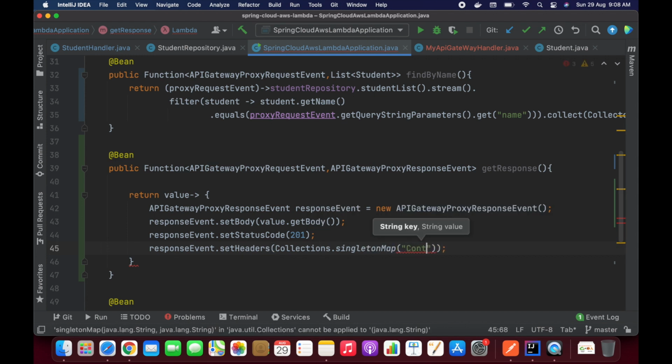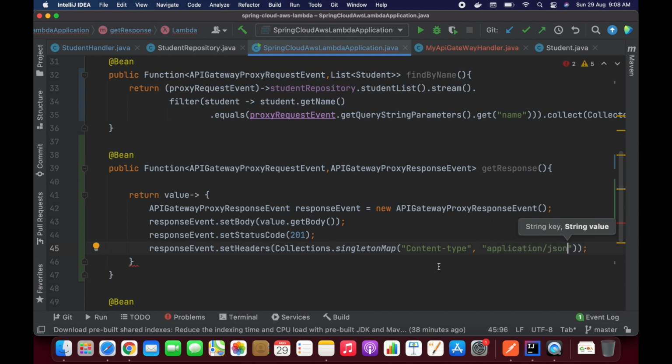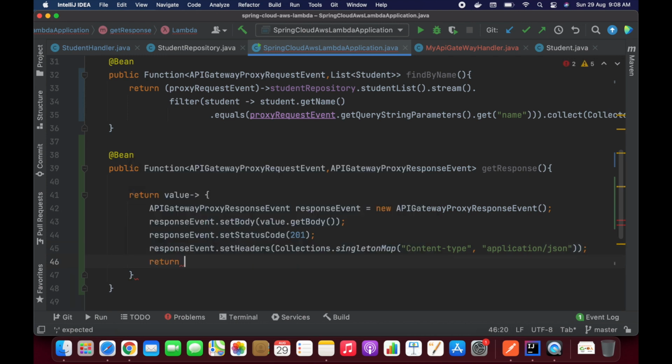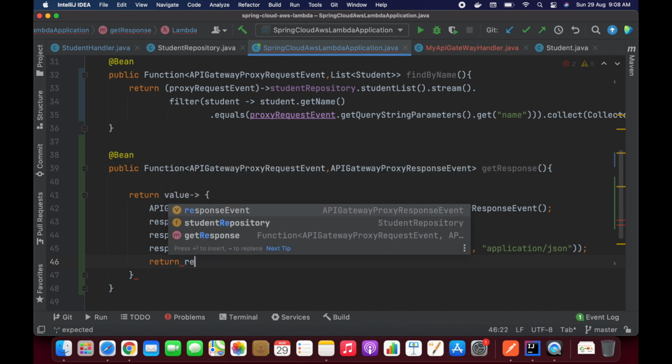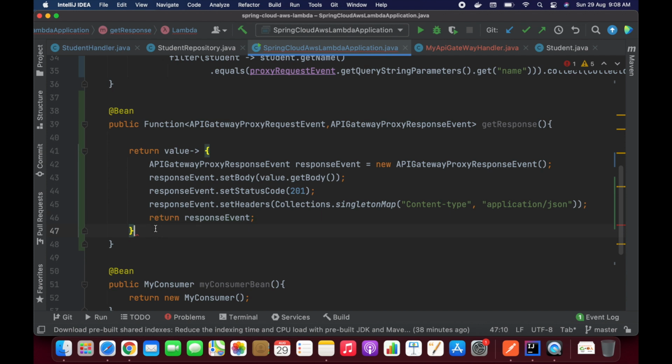The key should be Content-Type and the value is application/json. That's it, guys. Now let's return this response event, right? Okay, it's created.